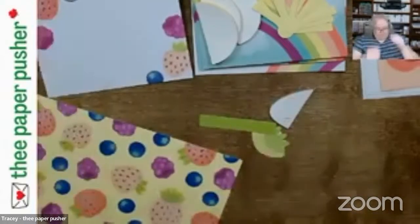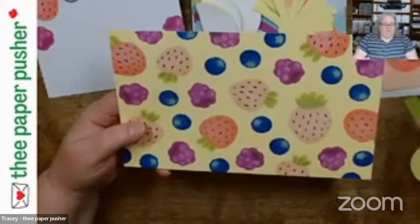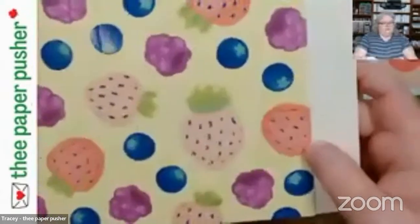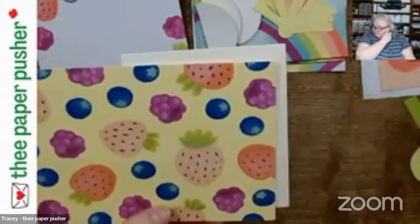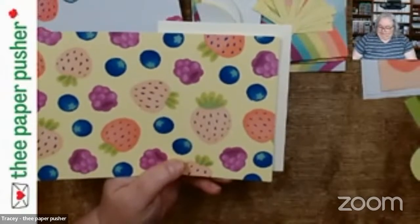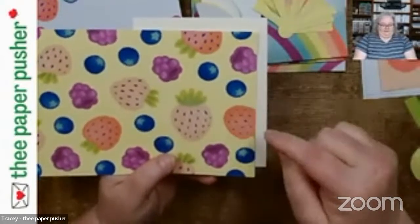If you want to stretch your kits out, then you could very easily cut this card base in half, trim it to size, or even just leave it the full size, and mount it on just a basic white, or very vanilla might work. If I was going to cut this base up, maybe I would want to go blue, even though the strawberry is flirty flamingo looking. Maybe go with flirty flamingo, which is closer to this color, and make a little matte, and that will give you a little bit of a buffer between the very vanilla and the